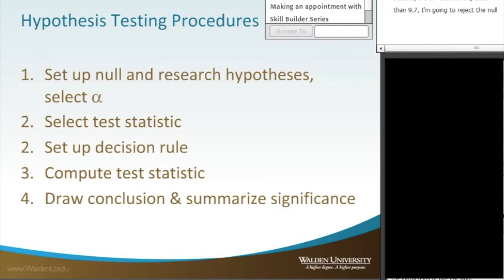Then you compute your statistic, okay? And then based on that, you draw your conclusions and you figure out what's going on in your data based on that hypothesis testing. But you never want to do it in reverse order. You never want to do your statistics first and then work backwards into your hypothesis. That's actually breaking some fundamental rules of quantitative